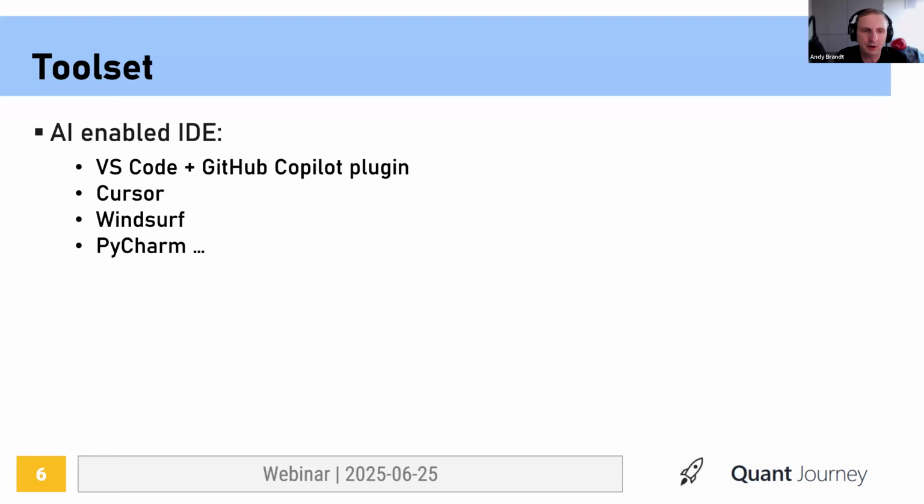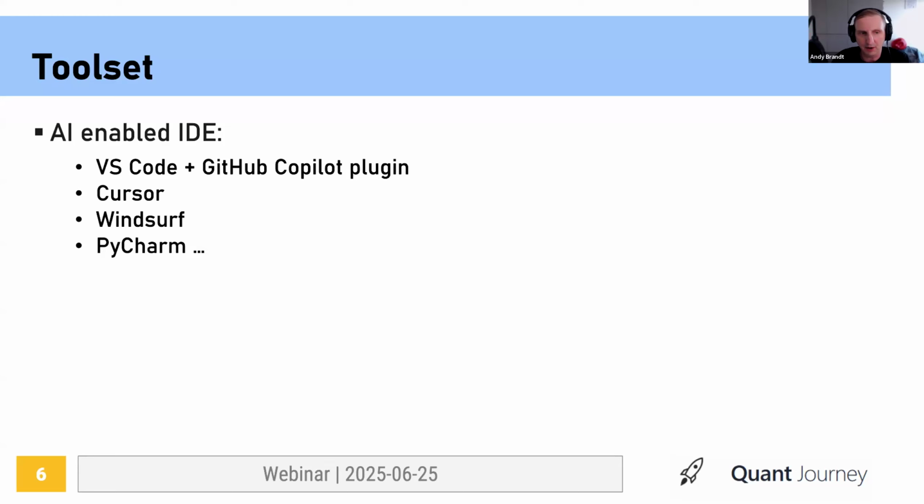So when GitHub Copilot came out, it was natural to just add another plugin and start using that. But in December last year, I discovered Cursor. So I installed Cursor, and within like one day, I canceled my GitHub Copilot subscription and switched to Cursor and haven't looked back since.